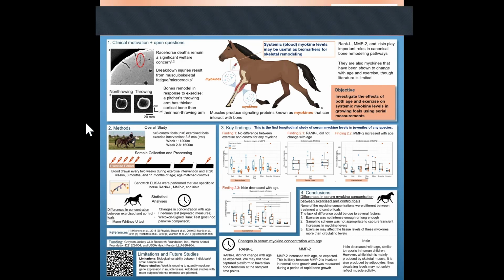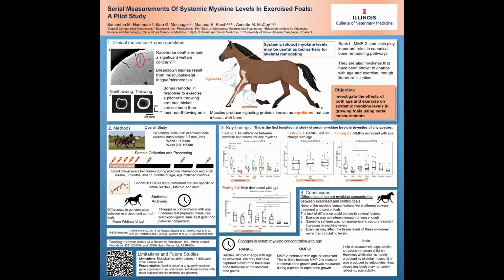So the overall study consisted of 12 foals, 6 control foals, and 6 exercise foals. The exercise foals were exercised at the age of 8 weeks for an 8-week period. The first week, they were exercised for 1,200 meters at around 3.5 meters a second. That's about a trot speed for people who know horses, or for other people, it's kind of like a fast jog for a person. In weeks 2 through 8, they went about 1,600 meters at the same speed, around 3.5